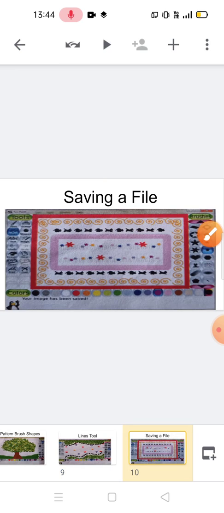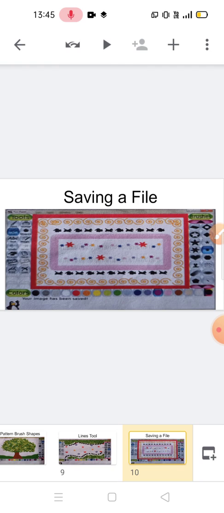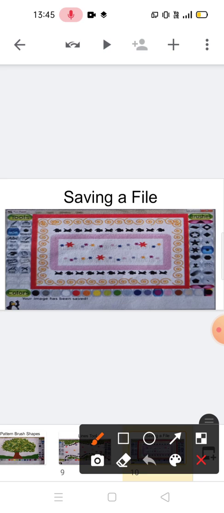Next is saving a file. How can you save your file? First of all, Tux Paint provides an easy method to save work using the save tool. Where is the save tool? Anybody know? No idea? Here is the save tool. There is no need to mention the file name.